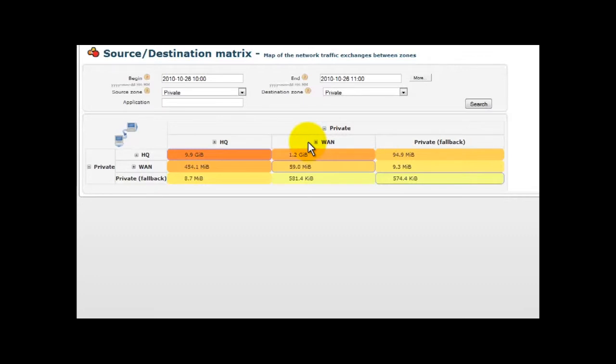We will start this demonstration with a central view among the network monitoring features in SecurActive APS. The source destination matrix, which is presenting you a global mapping of the flows in your network. You will see in the matrix in which cell represents the exchanges between a zone and another one. In this particular case, you will see a first example of detailed information with the exchanges between the WAN and